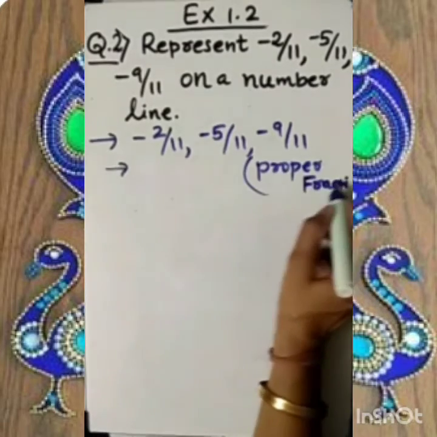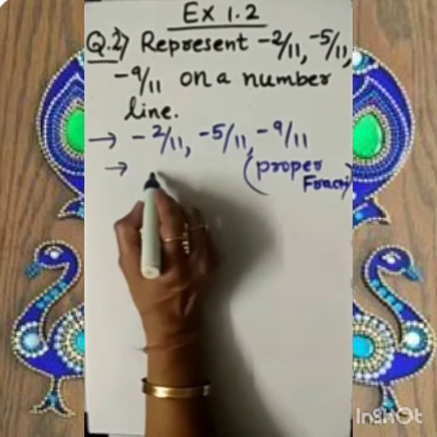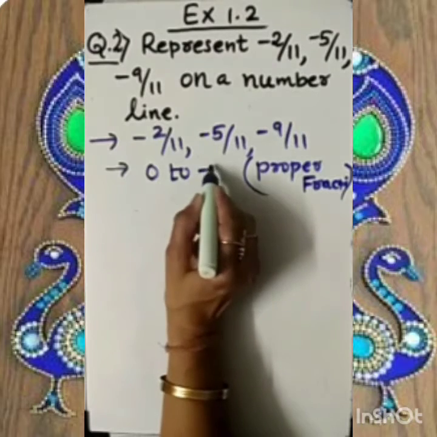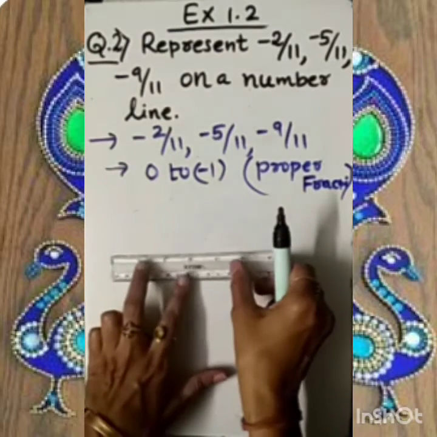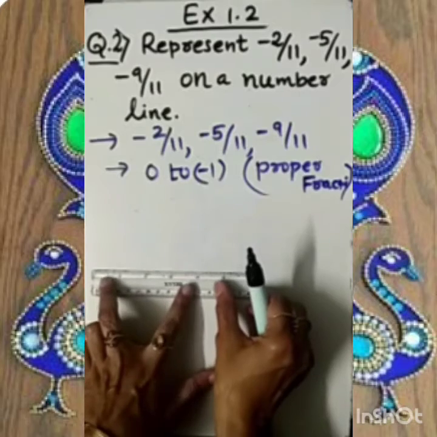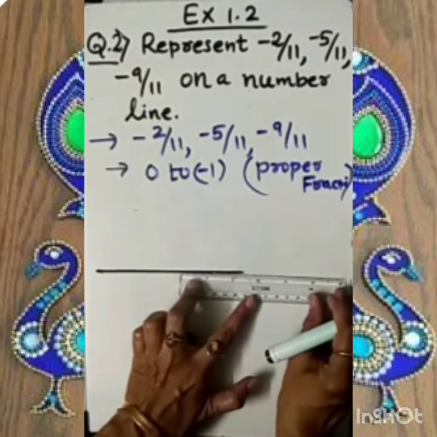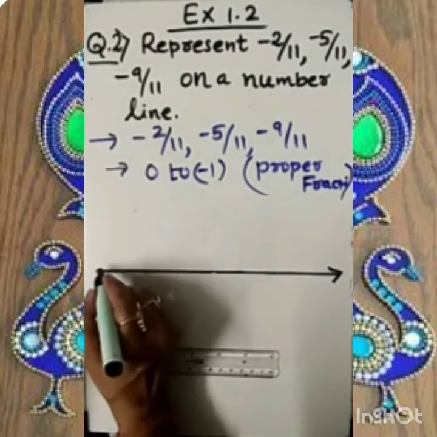And if it is a proper fraction, then one thing is very clear, that because of this negative number, the location of this point will be between 0 and -1. So, dear student, as we start drawing these numbers on the number line, first of all, here I am drawing one straight line. Okay, and this is my number line, and this is endlessly going to both the sides.